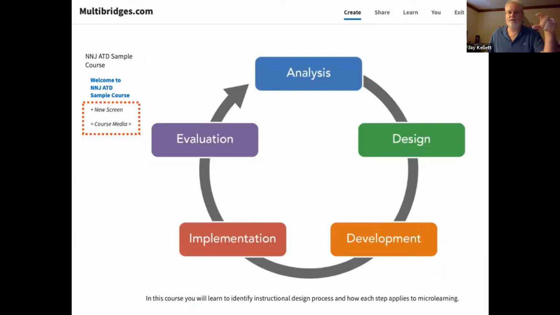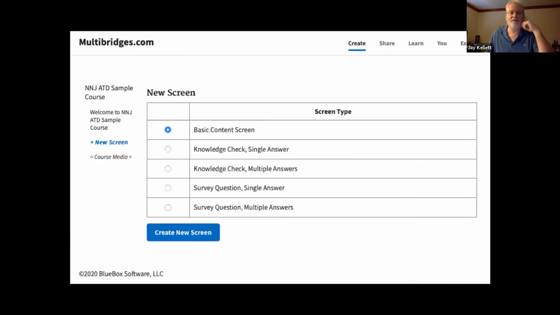within the interface. So this is exactly what the end user taking the training, the learner, would see, with the exception of those 2 buttons, because I'm essentially in authoring mode. I can click on any of the screens on the left-hand side to get back to the editor, or I can click on New Screen to add a new screen, or I can go to the Course Media Editor, which just gives me some basic management of media.